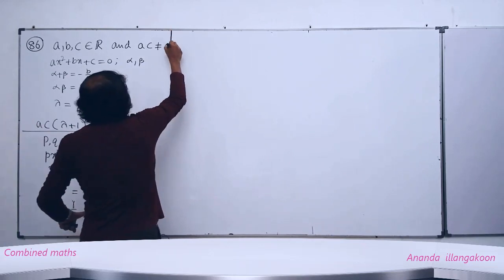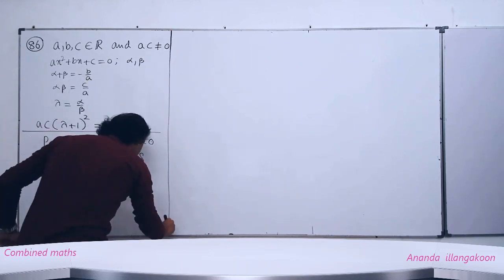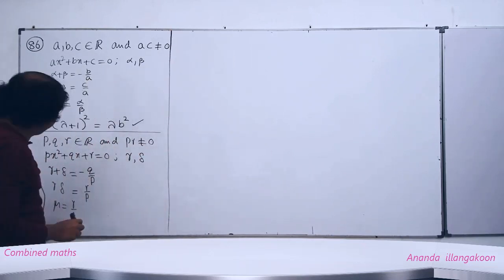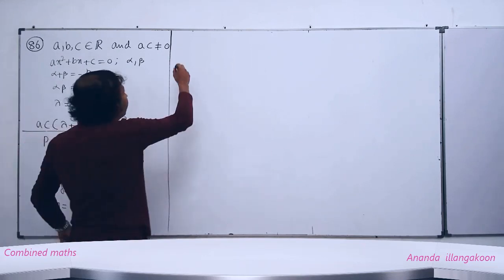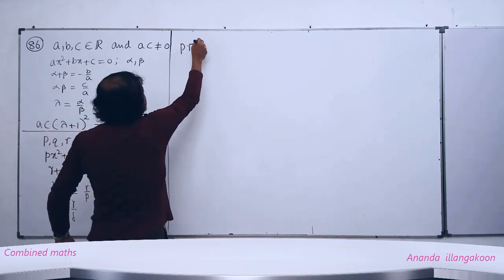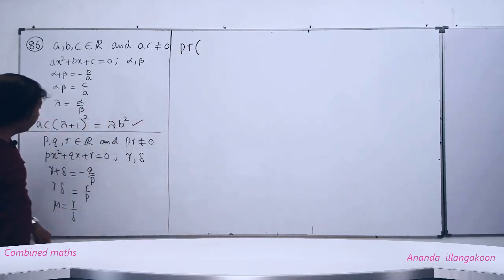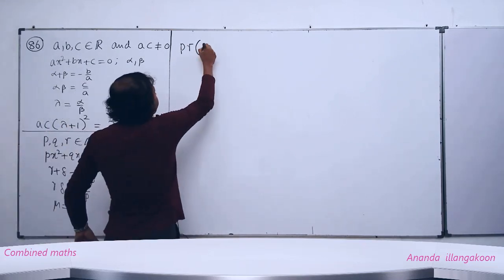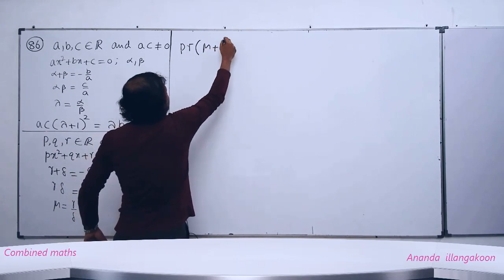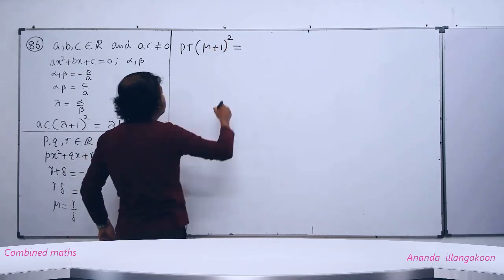Yeah, AC, first and third. Then here PR. Right, within bracket lambda, here it's mu, plus 1 perfect square equals